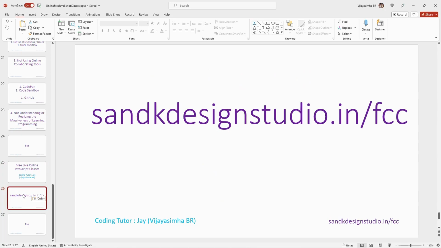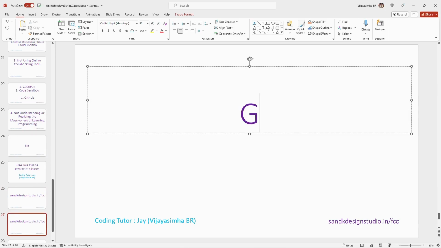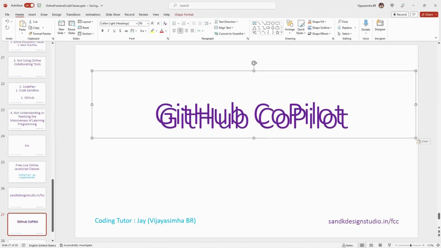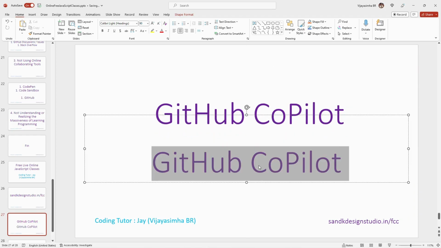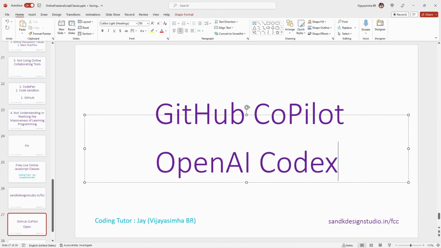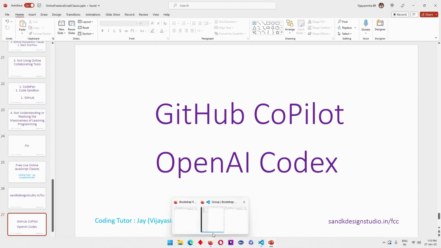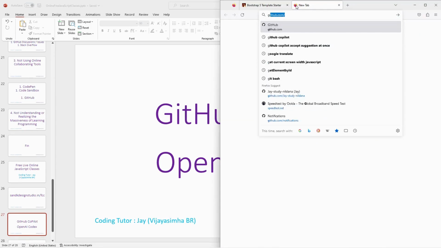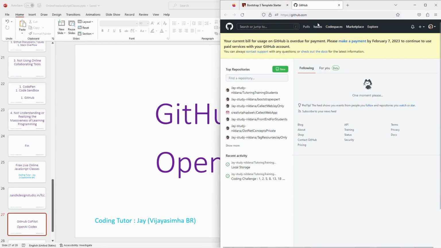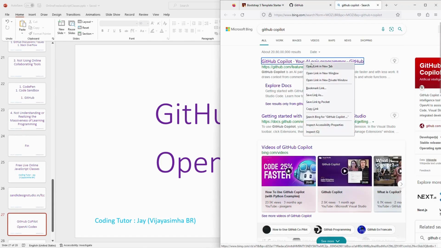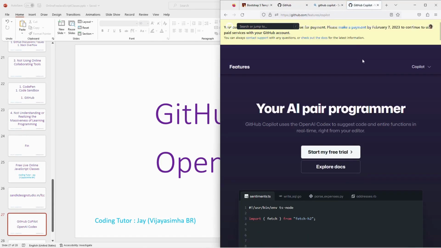And today what I'm going to do is try and use GitHub CoPilot, which uses the, what do you call it, OpenAI Codex. So I purchased this subscription. What I did was I was able to go to github.com. They have this GitHub CoPilot, right? So this has been available for quite some time,